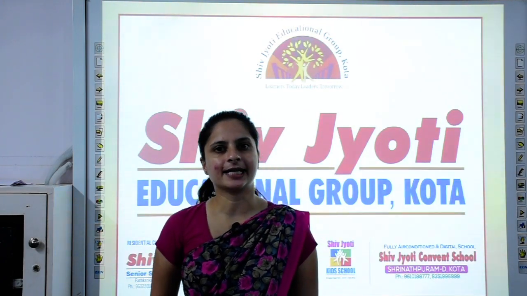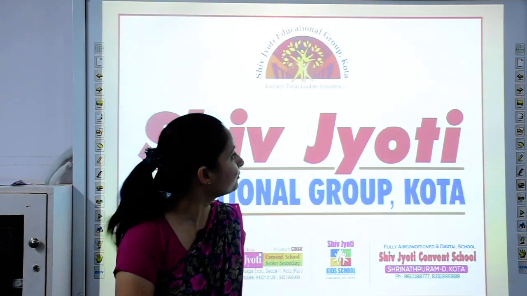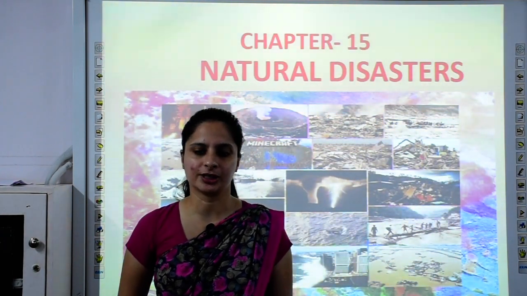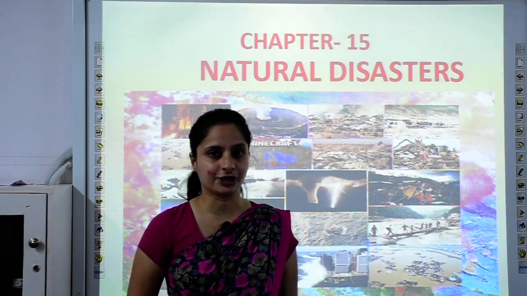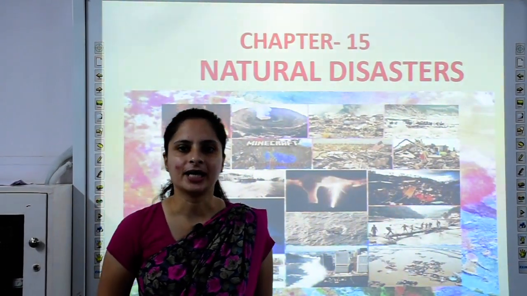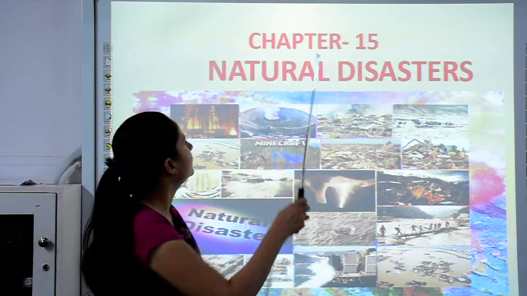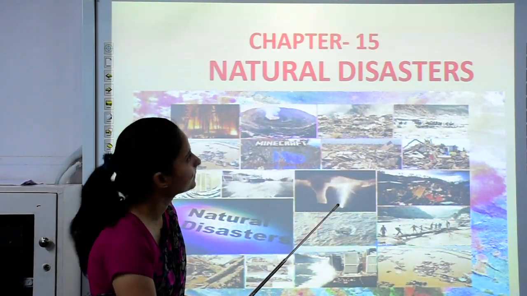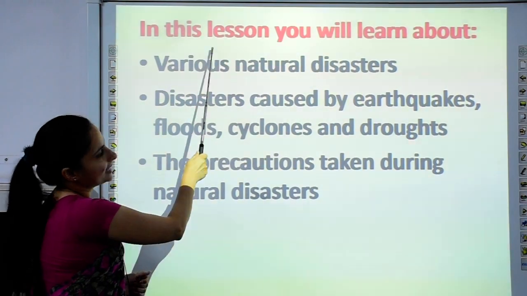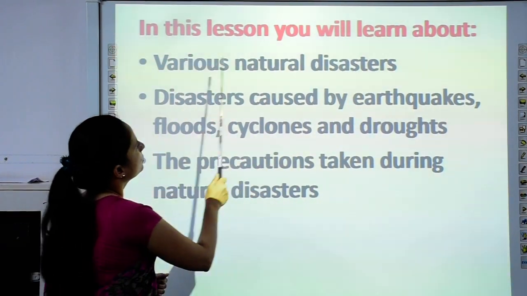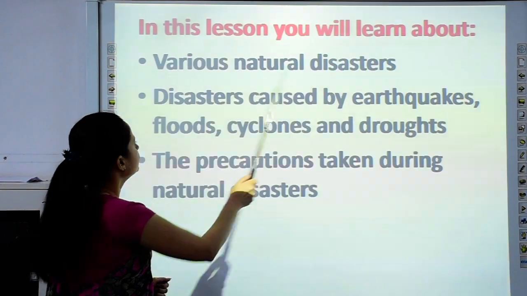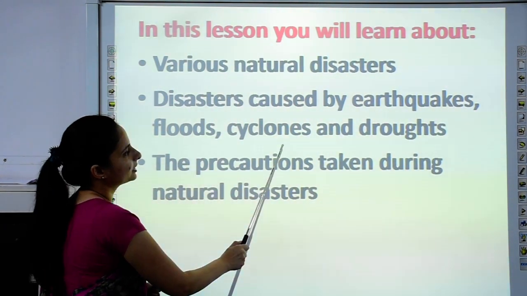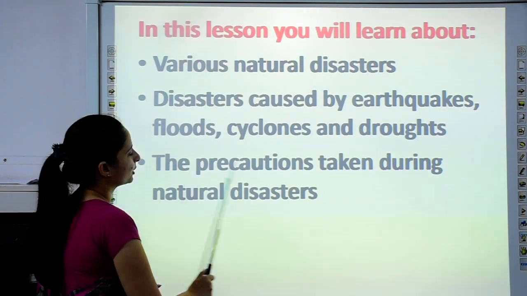Today in social science we will be studying chapter 15. Take out your social books, Getting Ahead in Social Studies, chapter number 15, page number 109. Chapter 15, Natural Disasters. In this lesson, you will learn about various natural disasters, disasters caused by earthquakes, floods, cyclones and droughts, the precautions